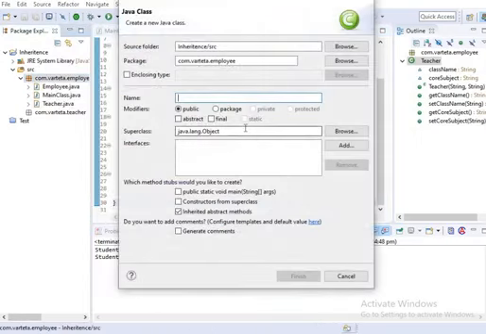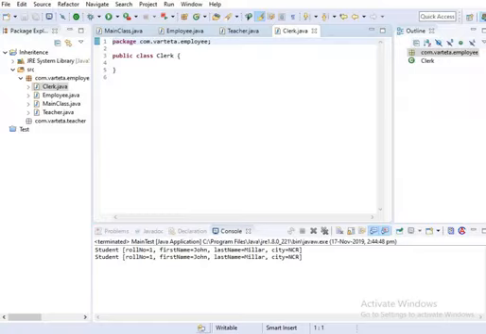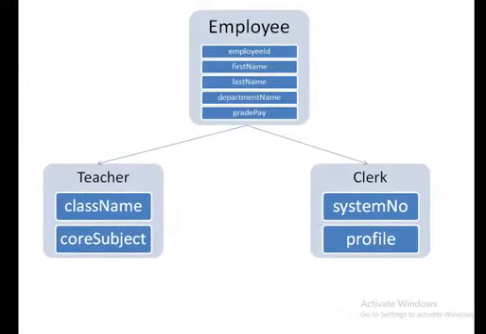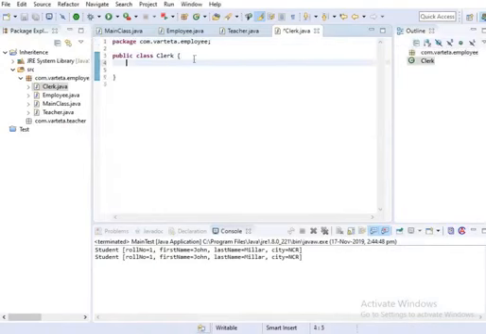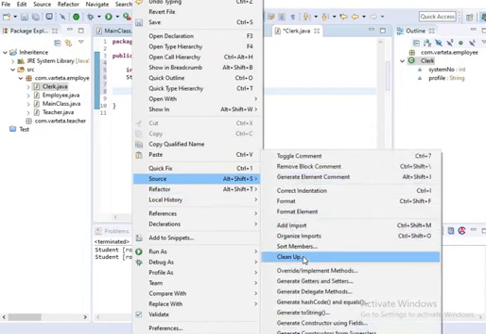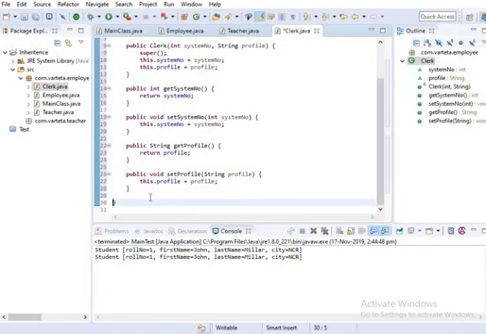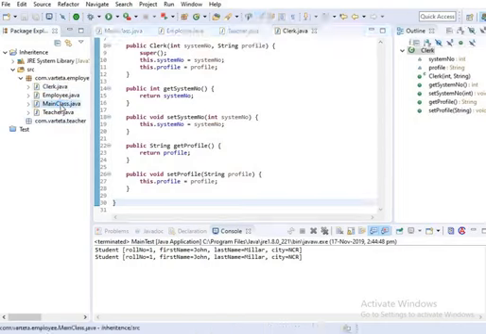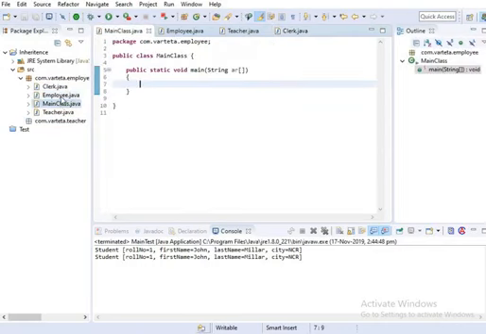Now another class, clerk. As per our example, it will have two properties, system number and profile. So I will be creating a constructor and getters and setters. So here I have done with 4 classes. One is our main class, one is the employee class,